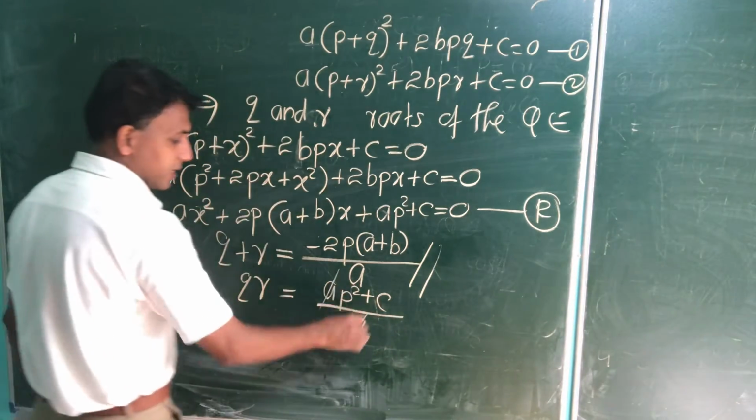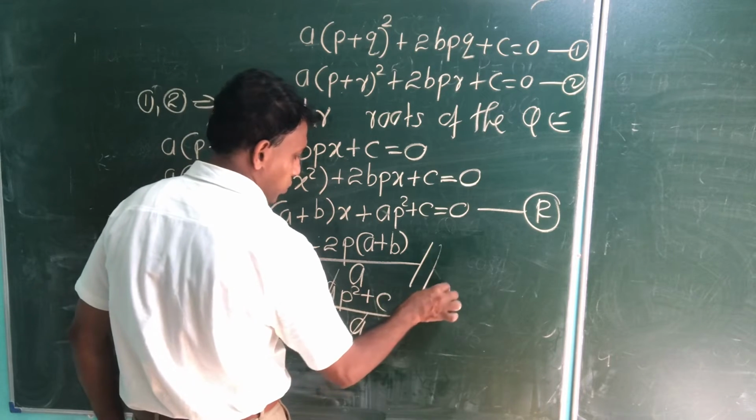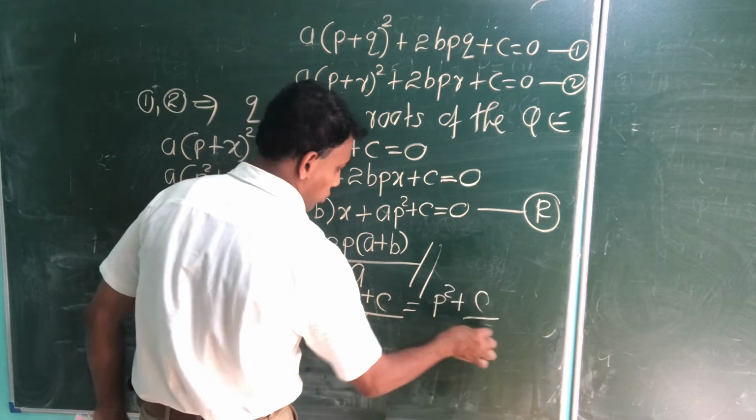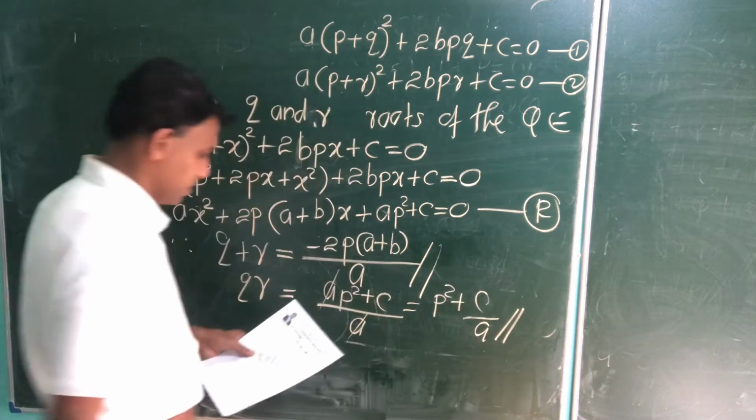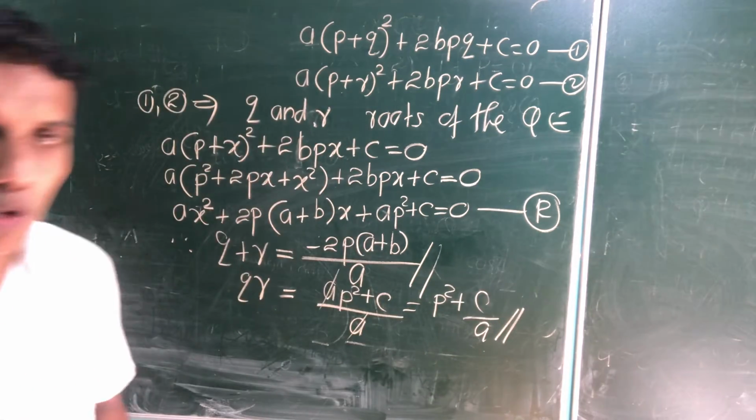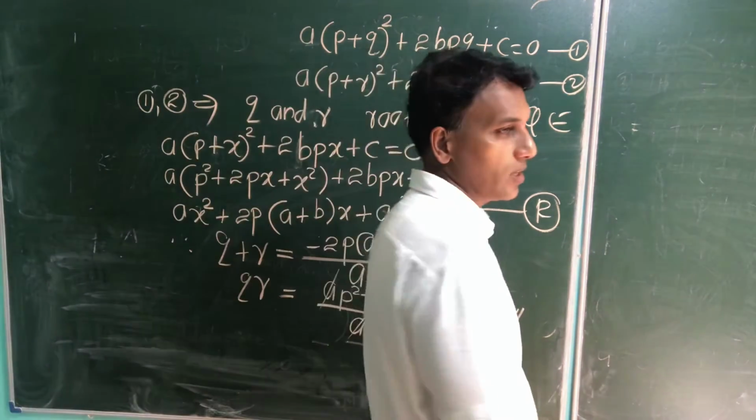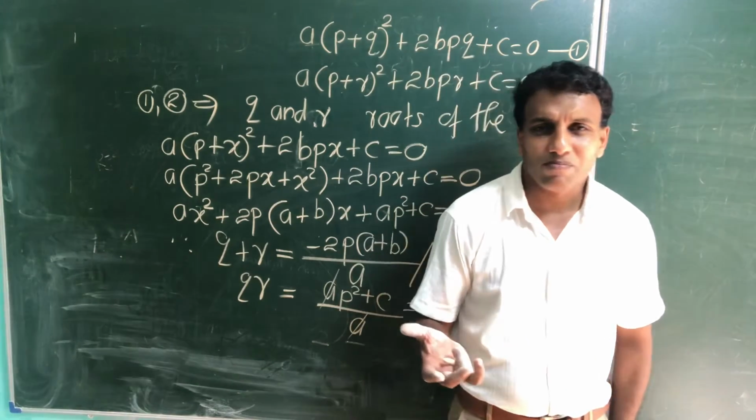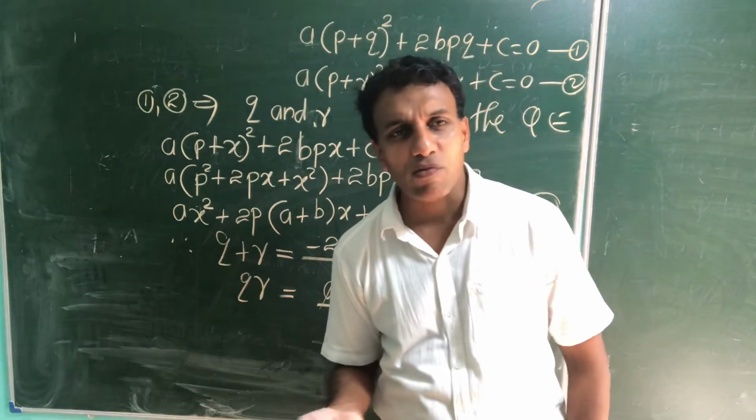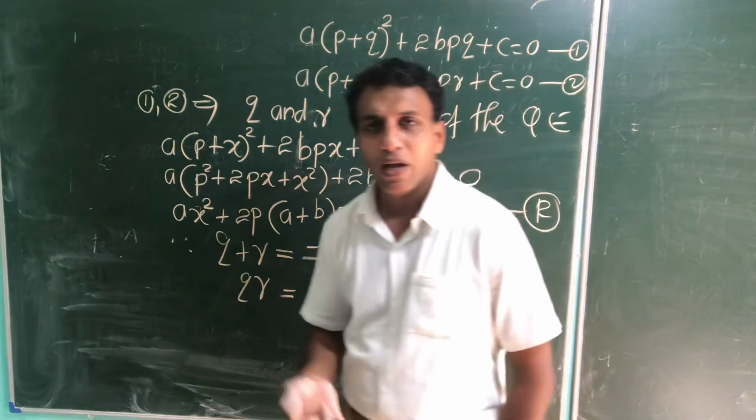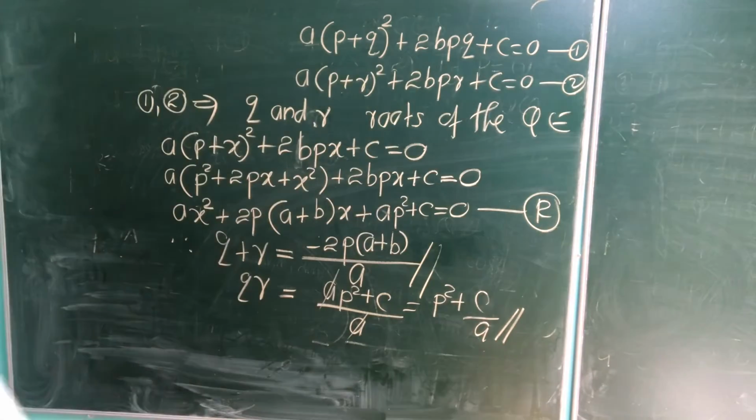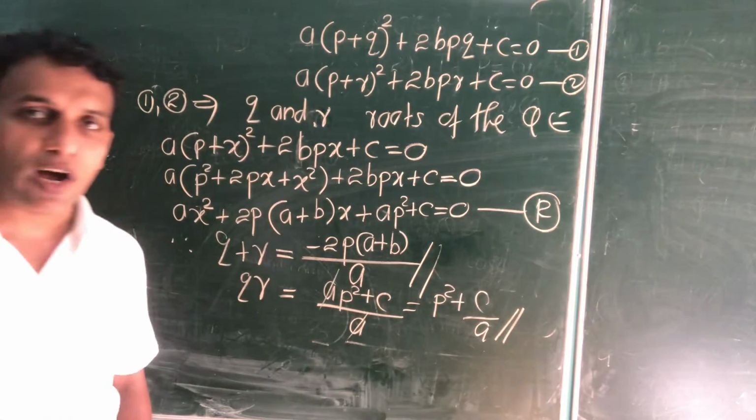Okay, cut the a, it becomes p square plus c over a. Second part is there. Next one, modulus of q minus r. So if you work the quadratic equation problem, alpha plus beta is minus b over a, alpha into beta is c over a. Same method, we have alpha minus beta